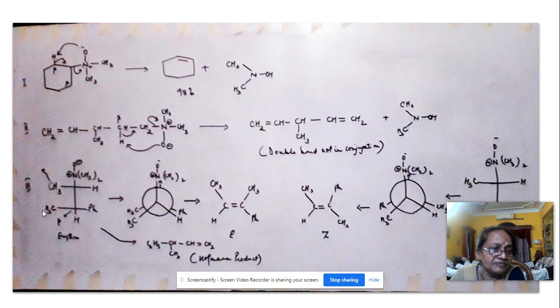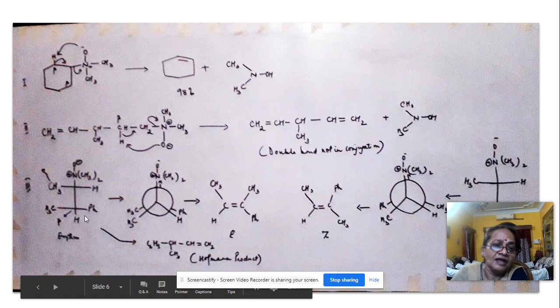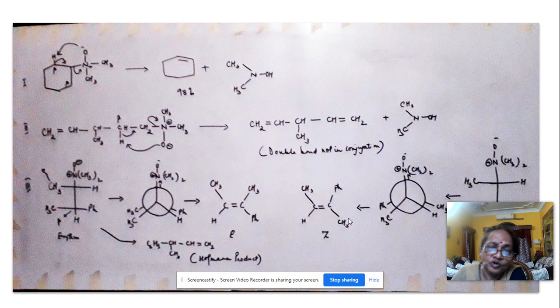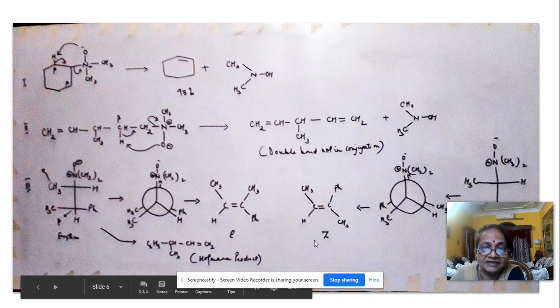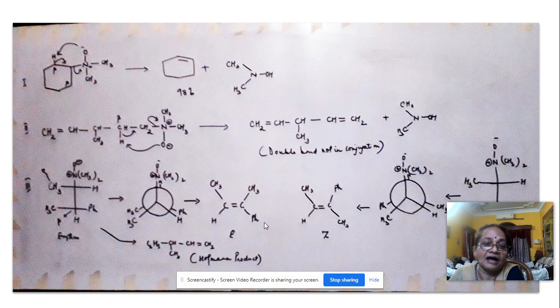Now, the third example which I have taken here, you can see again we have two beta carbons here. Not only one, but two. This is one beta carbon. This is another beta carbon that is present here. Now, when we abstract the hydrogen from this beta carbon, we get a product. You can see the E and the Z products are obtained in the erythro and in the threo isomer. You may be asked which isomer out of E and Z will be formed in higher percentage. So you can see here when the phenyl and the methyl groups are lying on the same side, this will be formed in lower amount, whereas the major product will be when the methyl and the phenyl are far apart.